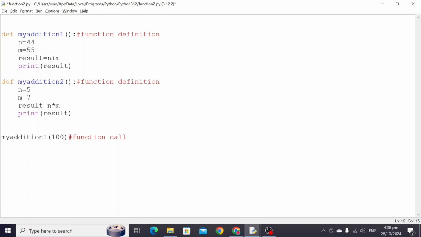Okay, now here what we are going to do, sorry, there is no need of argument but there is return. So in the place of this print statement we have to use the return statement, return result. Here also return